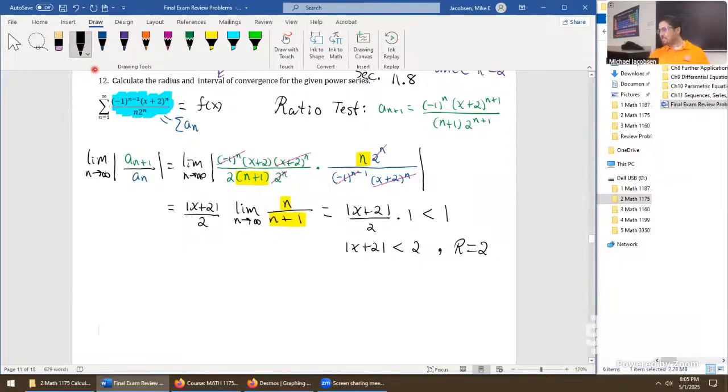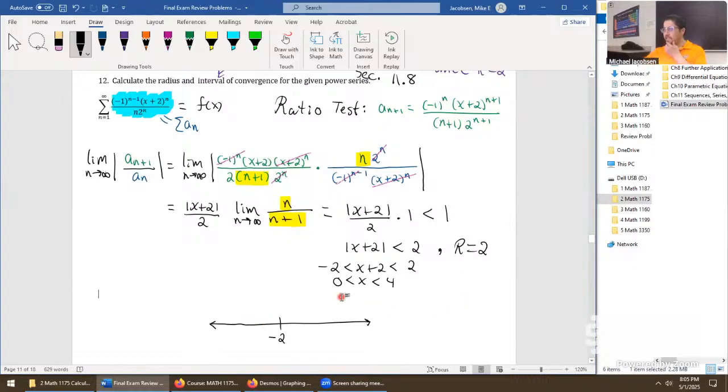Okay, sometimes it just helps to have a picture. Anything to make this a little bit more concrete is a good strategy. This series is centered right at -2. It's the value you plug in for x to get 0 as the total sum. Or you can observe from right here, it's the value that will give us 0 here. We want |x plus 2| less than 2, and the center is at -2. Another way to look at this is -2 less than x plus 2 less than 2. Add 2 to both sides, and 0 less than x less than 4.